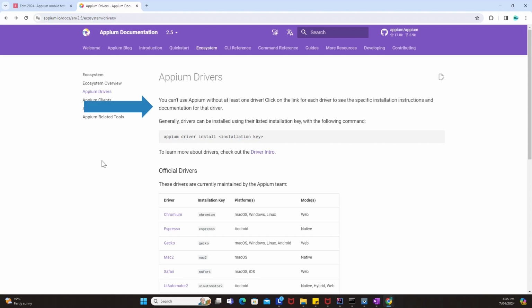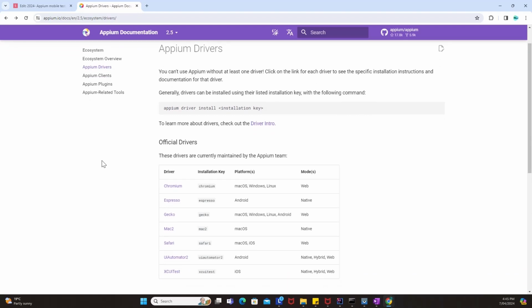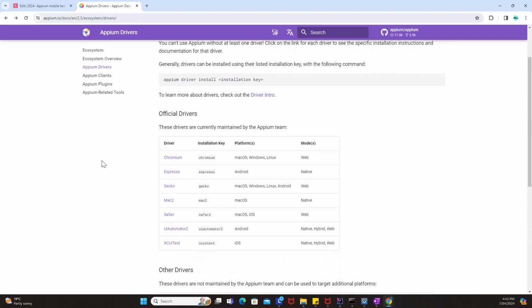So you need to have at least one Appium driver so that Appium scripts run in your machine. Okay, you will be able to script it, but when you are trying to run it, it will probably fail and look for a particular driver. Now the documentation also gives a list of official drivers, and as you can see there are different drivers over here, but the one which we are interested in is UI